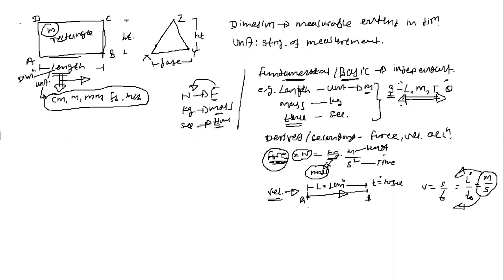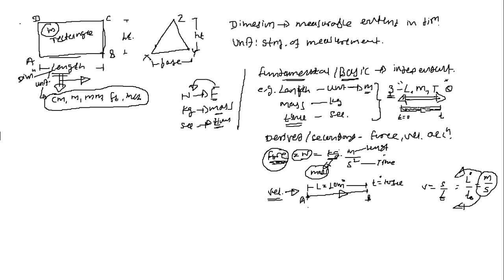For the motion of a fluid from one place to another place, we need to measure the dimension along its path, that is the length. We need to measure the time taken by the object or particles to reach that point, and we need to measure the mass of the flowing fluid which is moving from one position to another position. This is about the fundamental dimensions and derived dimensions, basic units, derived units.